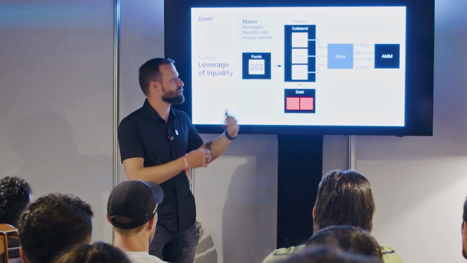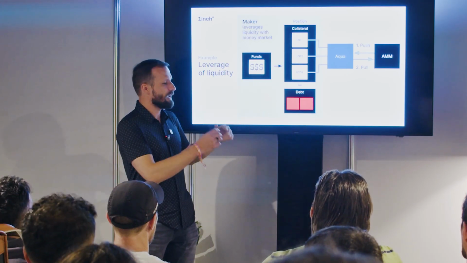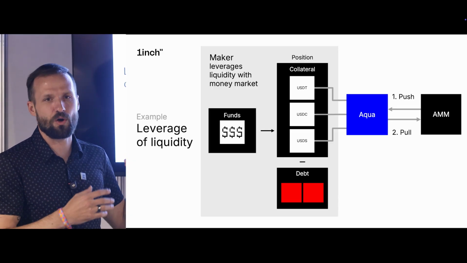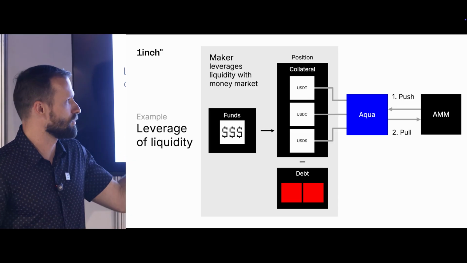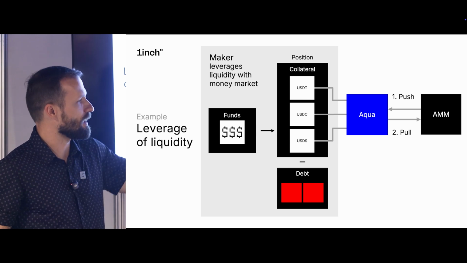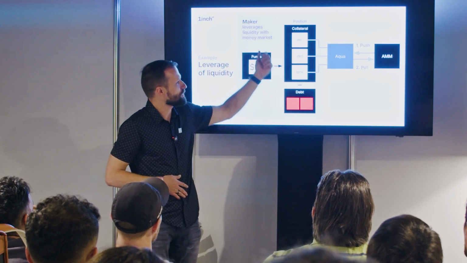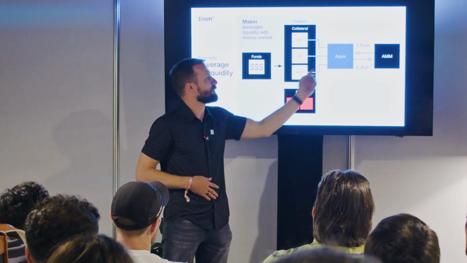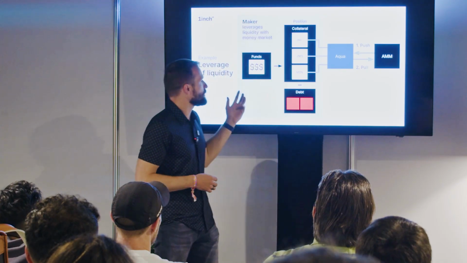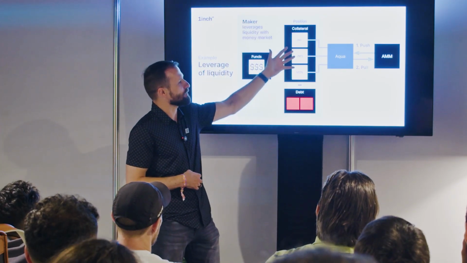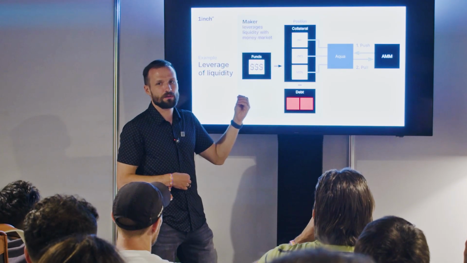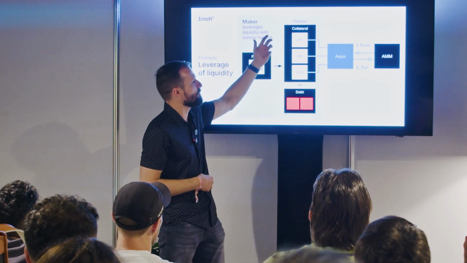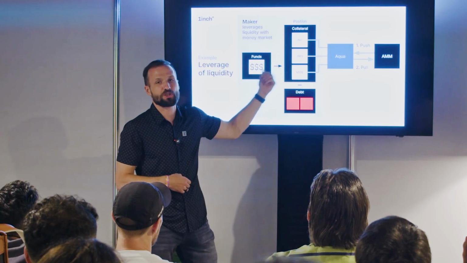You could spin up this position slowly by depositing, withdrawing, adding collateral, borrowing more, depositing again, or you could use flash loans or any other cool DeFi things to turn your 1K into 3K collateral and 2K debt. That's fine. And here you can turn this collateral into working liquidity through Aqua. This means that you can have 3x capital efficiency by the feature of being unlocked, and also have 2x, for example, efficiency through shared liquidity.